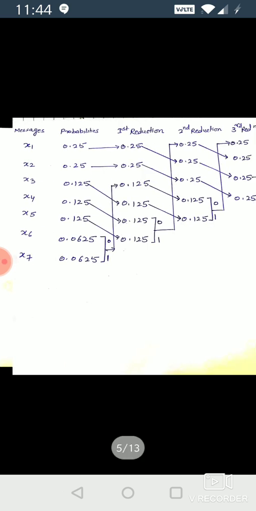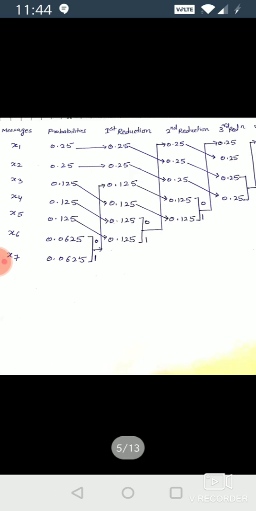That's why in the second reduction, the summation 0.25 is on top, then the probability of x1, 0.25, then x2, 0.25, and next the probabilities 0.125, 0.125. Again assign symbol 0 to the upper message and 1 to the lower message of the first reduction.